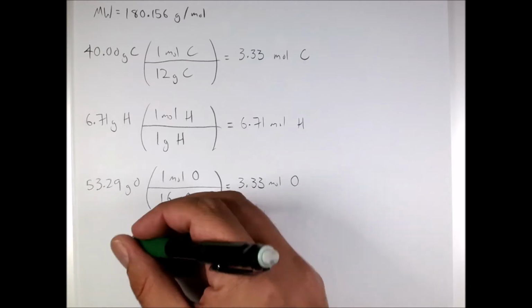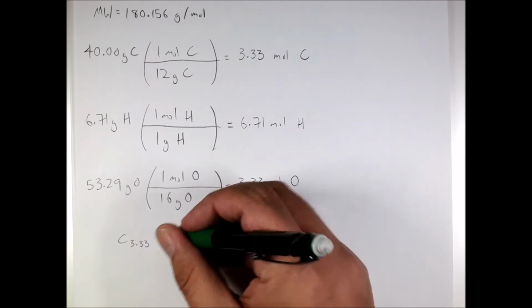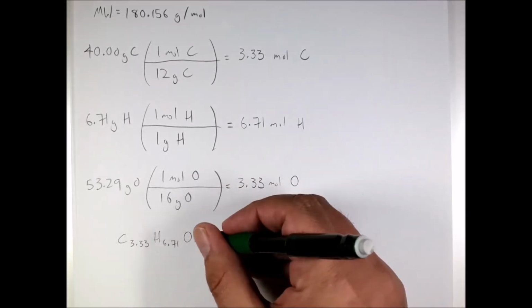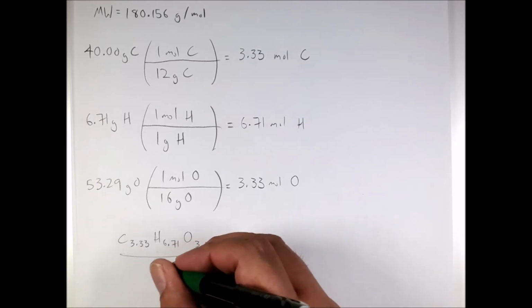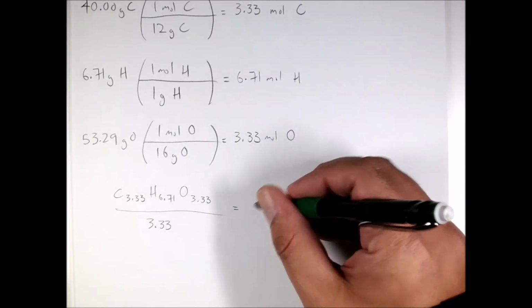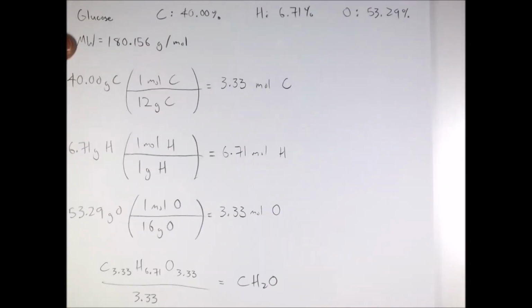All right, so then when you put this together, C 3.33, H 6.71, oxygen 3.33. All right, and then I'm going to divide through by the small one, the 3.33. And you may notice now I end up with a formula that is CH2O. It may appear at first glance that you're done, but in a problem where you're given the molecular weight,